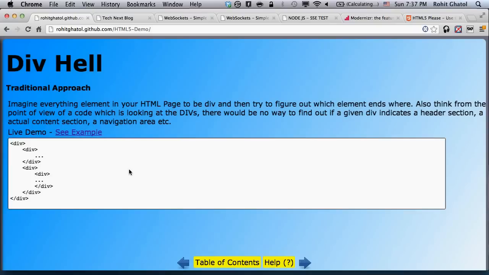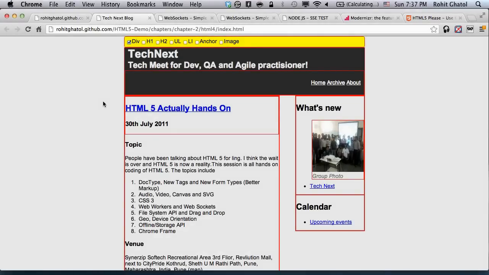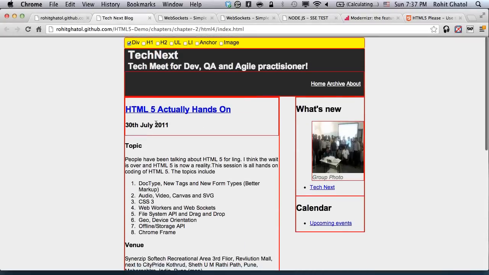Let's take a look at a bigger picture. Let's talk about search engines. For example, Google crawler. It's very important that when any program reads your web page, they understand it much better. So in this example, if the Google crawler comes and looks at the page, and that's not true of a Google crawler, but let's say a typical crawler comes and looks at the divs. For the first instance, they will look at divs. They will say, okay, since all of these are in divs, all the content of these divs